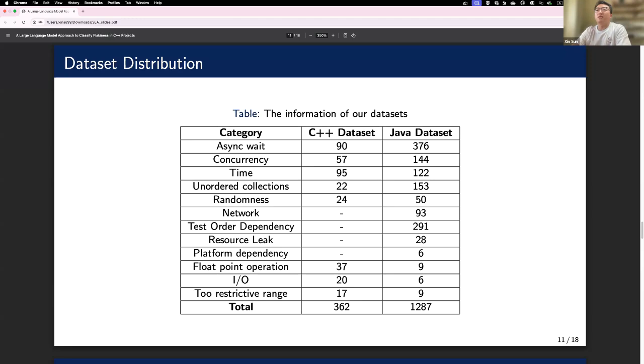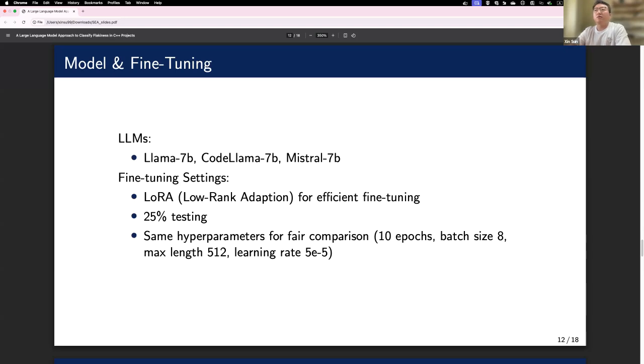Compared to the Java dataset, the C++ dataset has fewer categories. This is because we didn't find projects containing those categories on GitHub. We also filtered out the categories with less than 15 flaky tests in the Java dataset to reduce the possible bias caused by small categories during the fine-tuning.